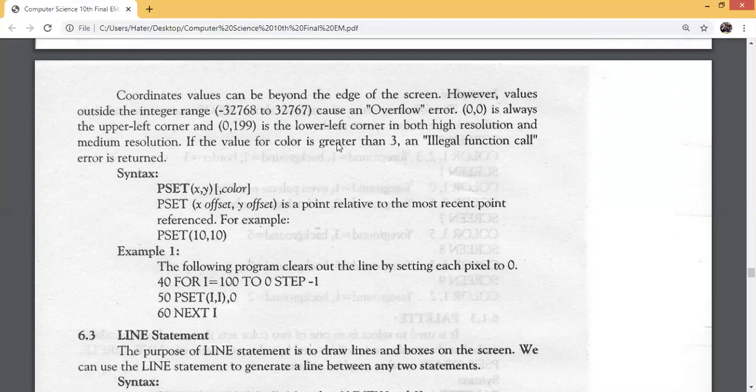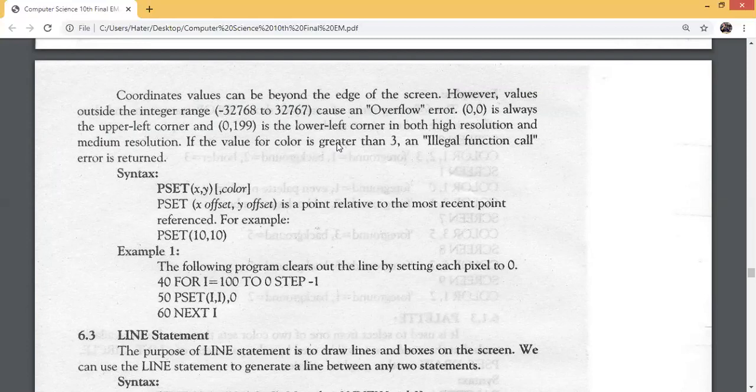If the value for color is greater than 3, an illegal function call error is returned. So if you are using any color greater than 3, the palette colors are 0, 1, 2, 3. And if you are assigning 4, there would be an illegal function call error. It means the system is not recognizing the command that you are using.